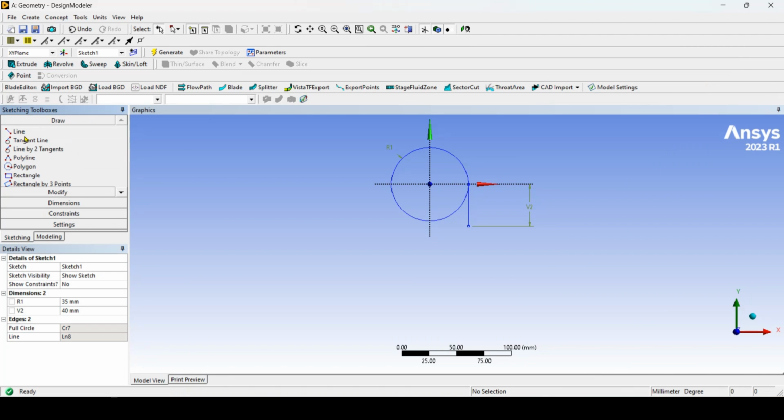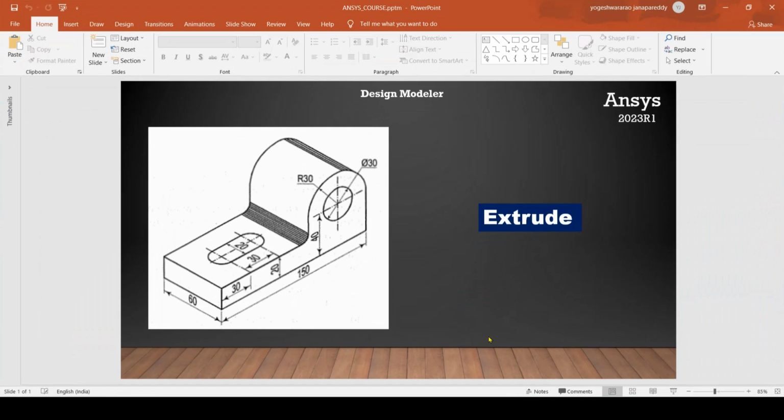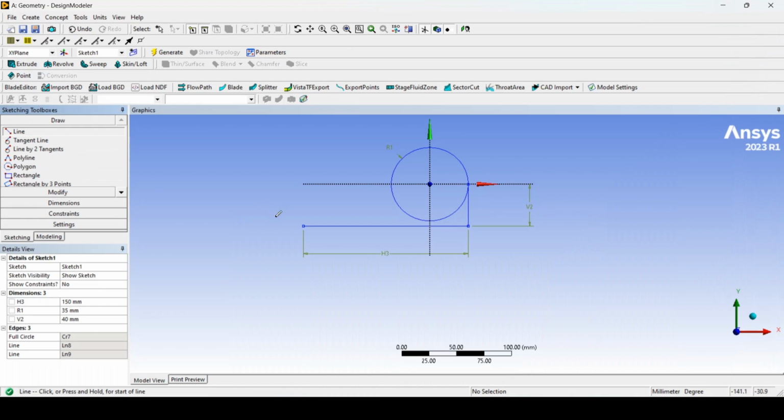Go to draw, click here, click on this point, and this is 150 mm. Just click on dimensions, click on general. This should be 150 mm. Next we have one more line of 20 mm. Click on draw, click on this point,